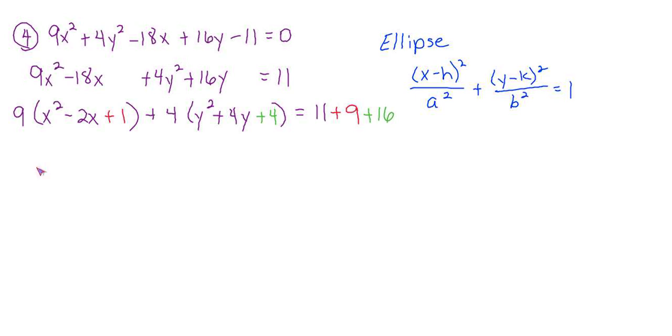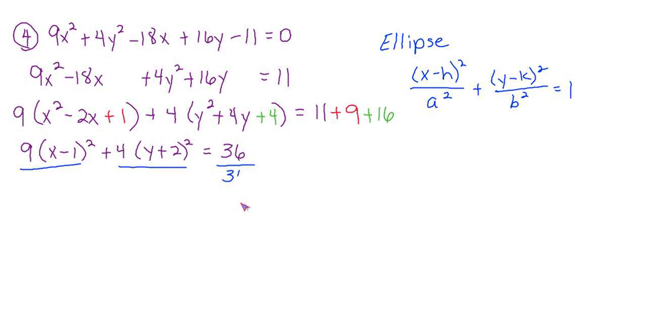So now I have 9 times, and this is now a perfect square, x minus 1 quantity squared, plus 4 times y plus 2 quantity squared, equals 11 plus 9 plus 16, which is 36. Now, remember, I'm trying to make this 1 over on the right-hand side, and I can do that if I just divide everything by 36. That's going to take care of everything. So when I divide by 36,